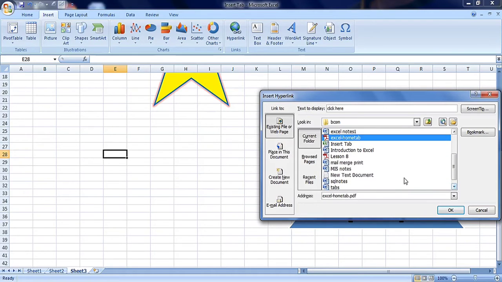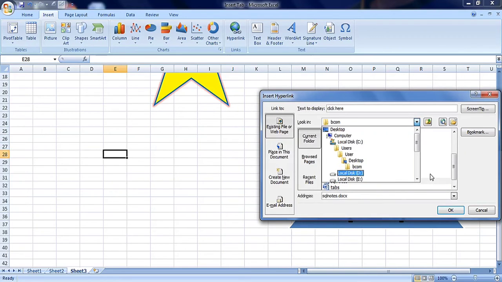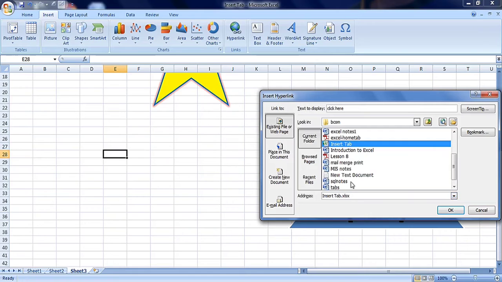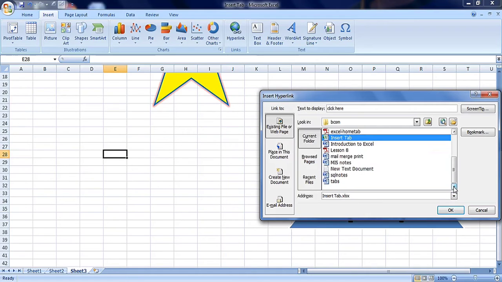Here I will select SQL notes, or you can look in different drives or directories. Here I will select SQL notes, it's a Word file, then click OK button.